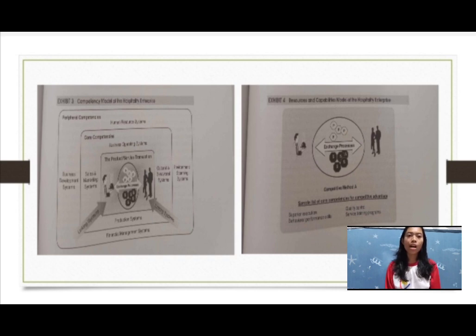For example, a hotel with a prime location and a strong brand reputation can leverage these resources to attract premium customers. A restaurant with a talented chef and a unique culinary concept can build a loyal customer base through its culinary capabilities. By identifying and developing key resources and capabilities, hospitality enterprises can create a competitive advantage that is difficult